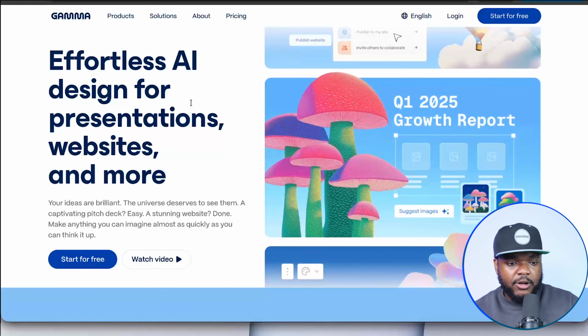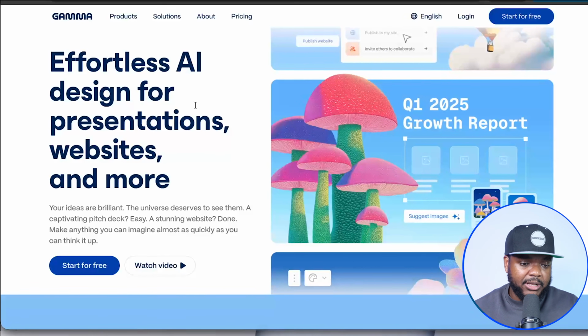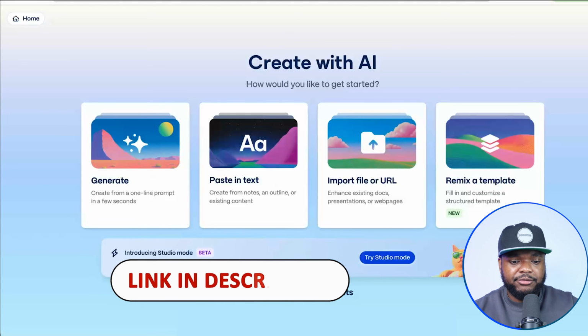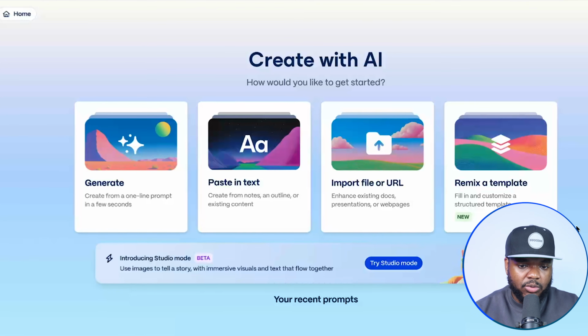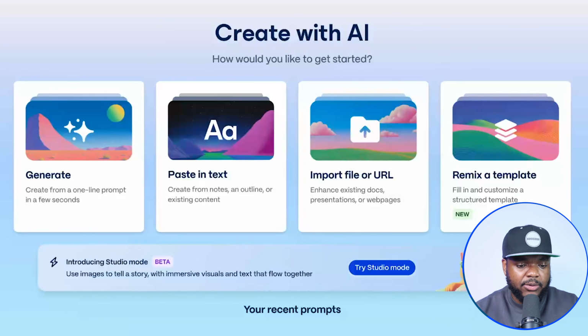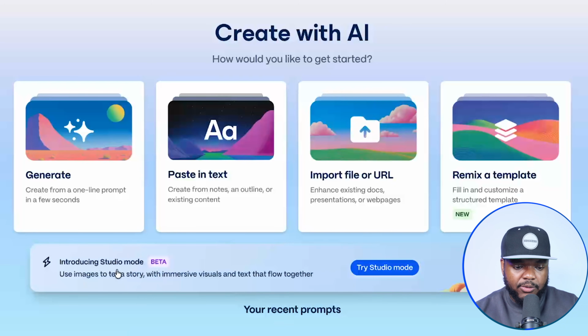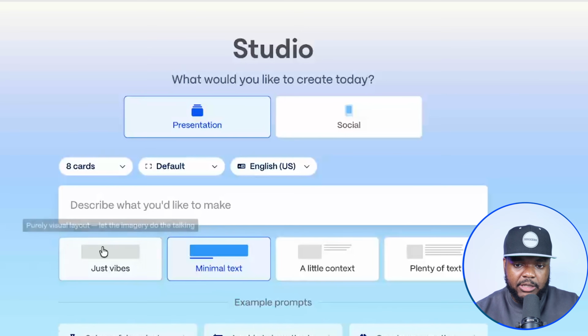So first step is to go over to this completely free app called Gamma. I'm going to leave the free link down below so you can check it out. But once you've logged in, it's going to take you to a page that looks like this once you've created your account. Now they've got this new feature over here called studio mode that works perfect with the method that I'm showing you. So when you click on try studio mode, this is the next page,